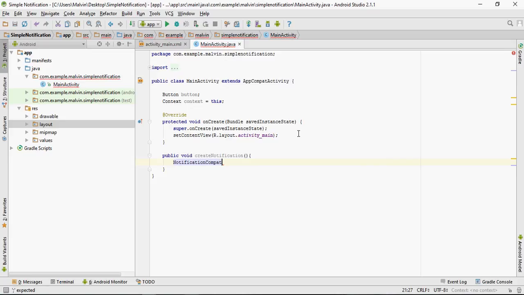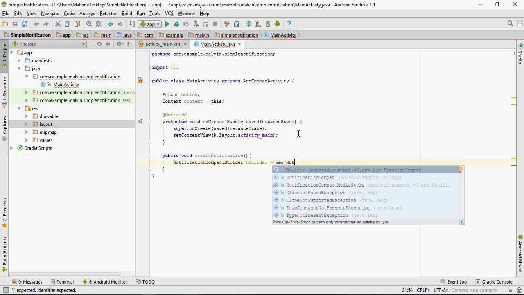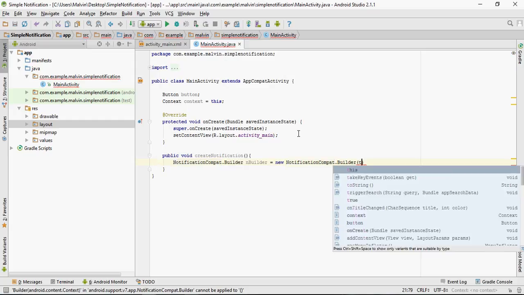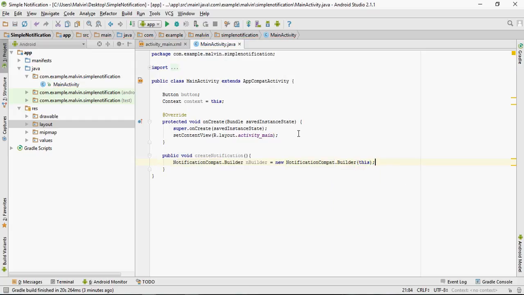NotificationCompat.Builder, and builder. So our variable name is equal to new NotificationCompat.Builder, this semicolon.